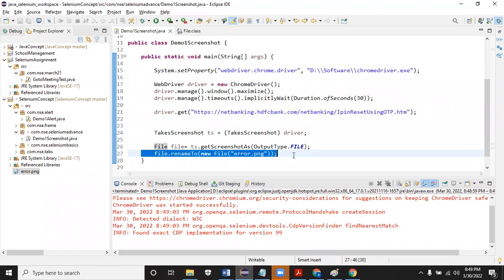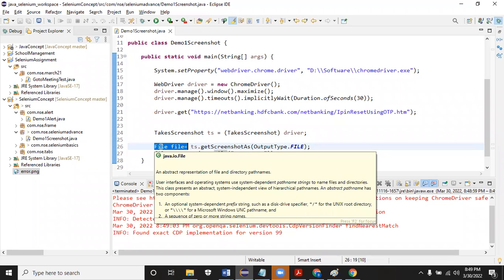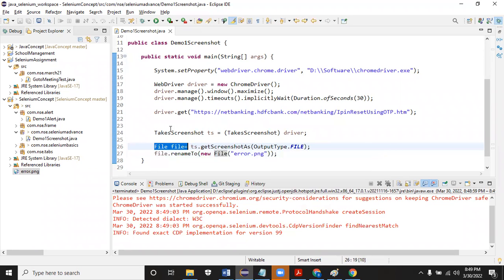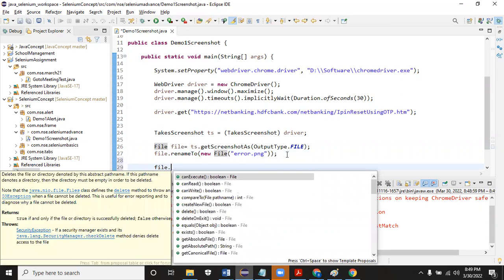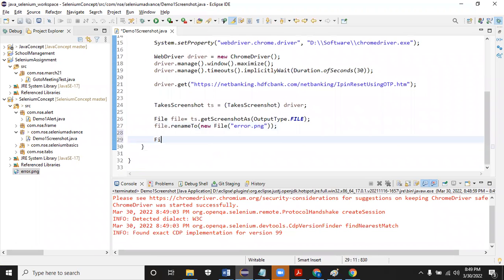Okay, we'll discuss this File class. I'll tell you about that File class. Using this File class, you can delete a file, create a file, rename a file. Okay, anything you want to do with files, you can use this File class from java.io. I'll show you that. This file you see here, file.delete. Okay, you can create a file object and you can do it. File will be working on this basically.